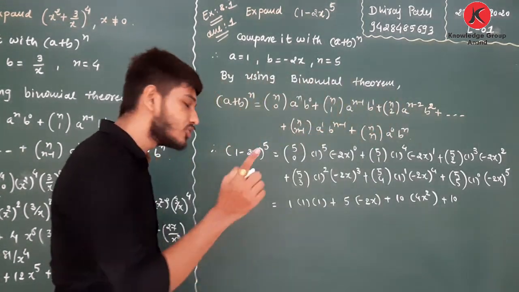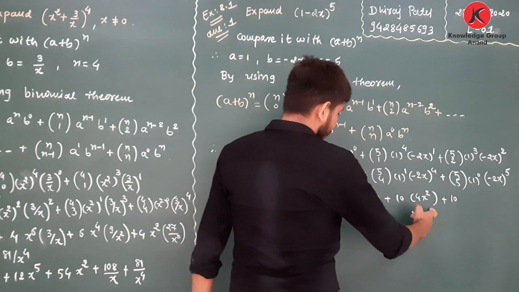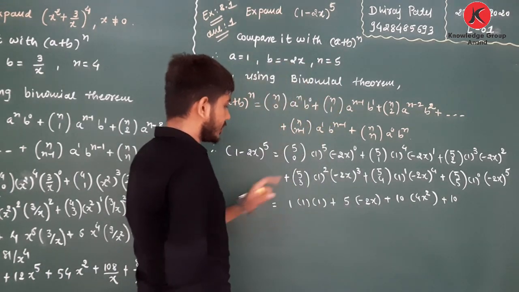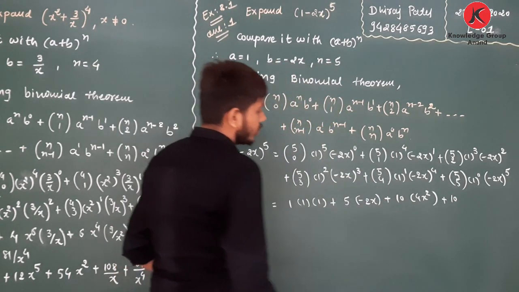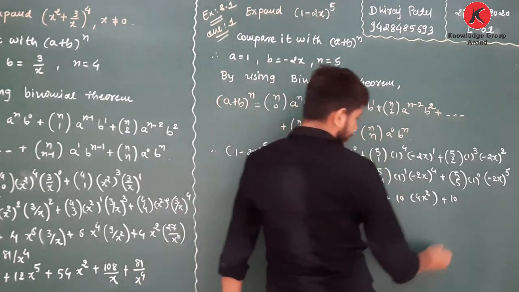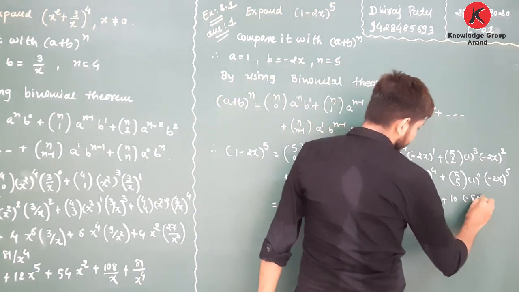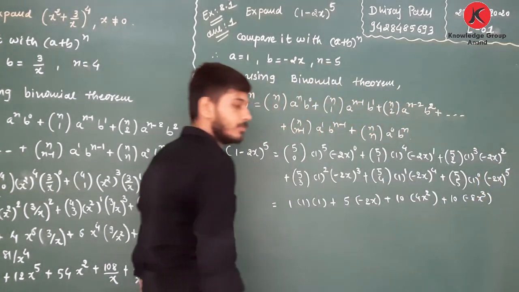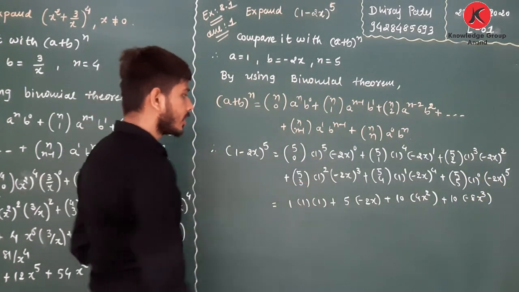Okay, so 5C3 is equal to 10 into 1 raised to 1 into (minus 2x) raised to 3, means minus 8x cube, plus